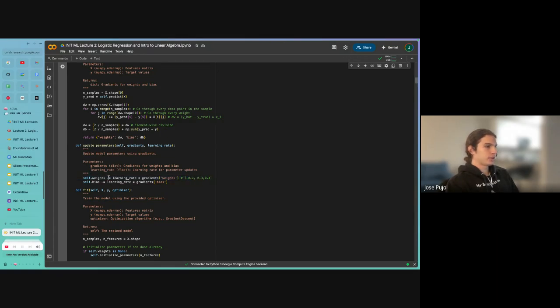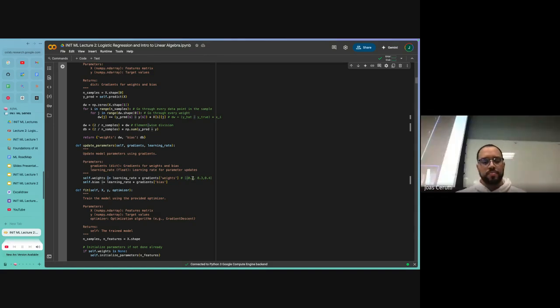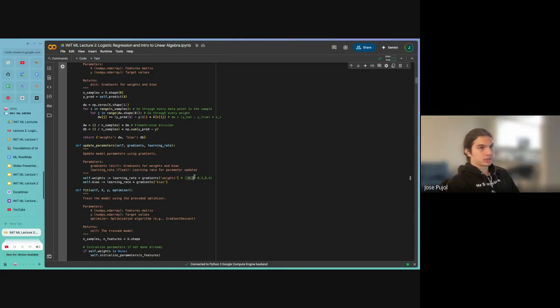Why is it add? We have a negative here. You move in the opposite direction of the gradient. I know that might seem confusing, but if you go back and look at the slides, you're going to see that if you move in the opposite direction of the gradient, you're moving towards the local minimum.